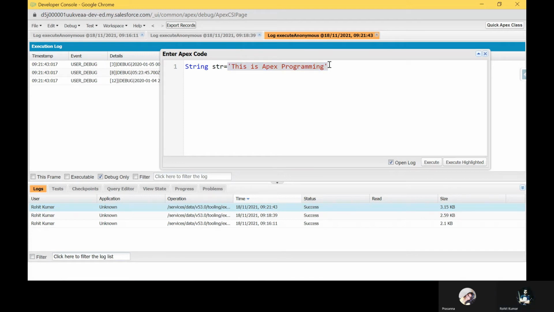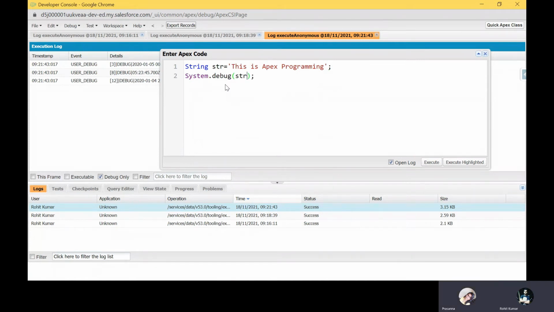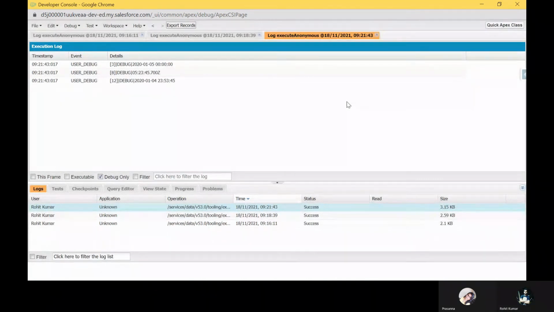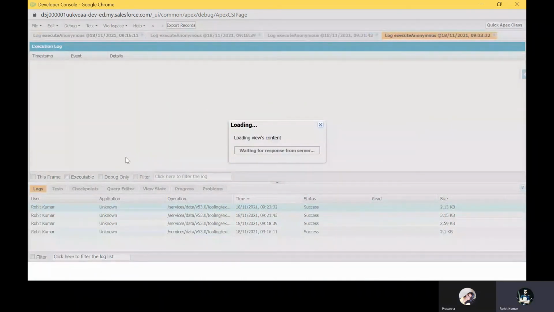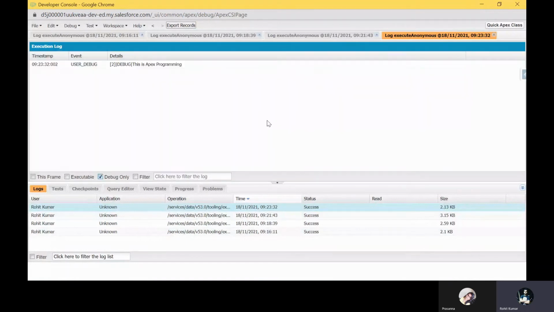Then close with a semicolon. And how to print this str? Always use System.debug and then str, and after that you can see the output. Just click debug only and you can see this is Apex programming.